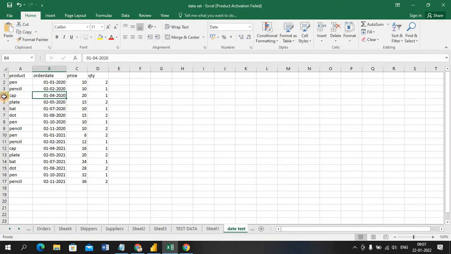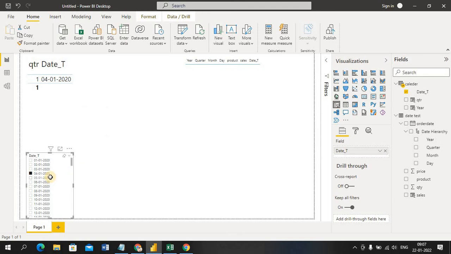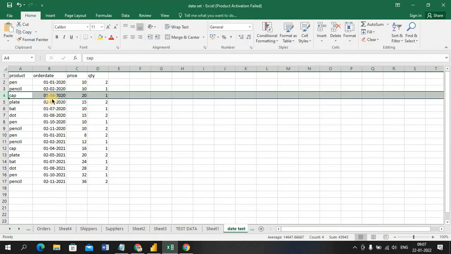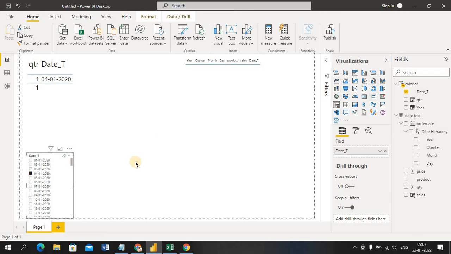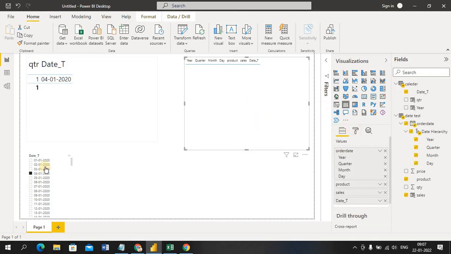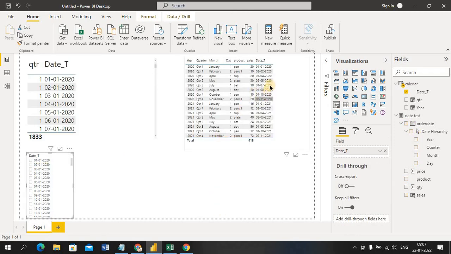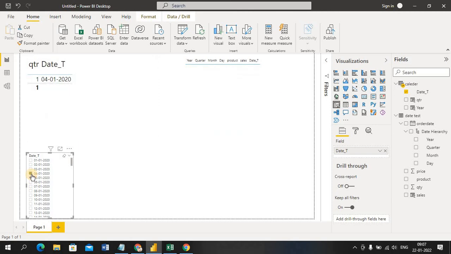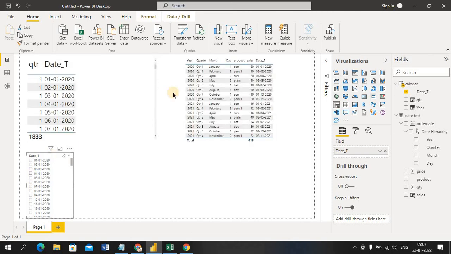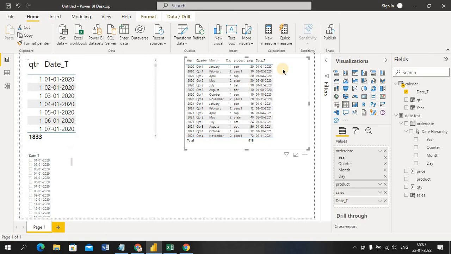It's there, right? 01-04-2020, the data should come. Just filter. Okay, just remove this date T.